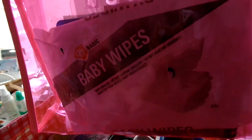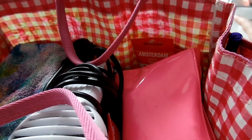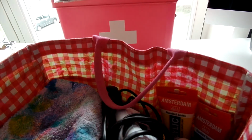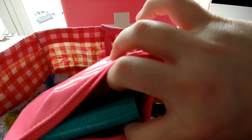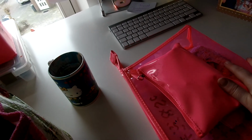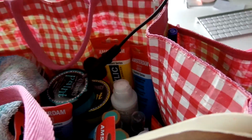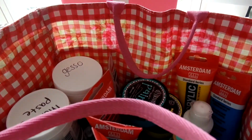In this pouch I have stencils and a cleaning cloth. These are all the small stencils I have, so they fit perfectly in here, and baby wipes. Then a mug for my water. In here are all my Neocolors and gelatos, and it fits perfectly. This pouch together with this pink pouch was a combo at Hema, so you can buy it at Hema in Dutch stores. My heating tool and another cleaning cloth,